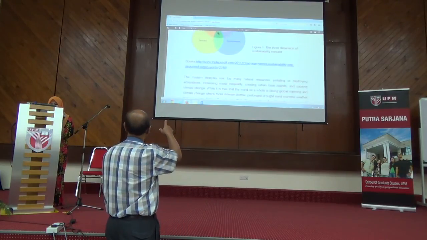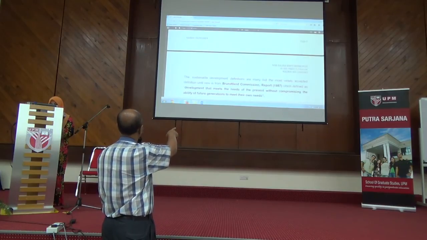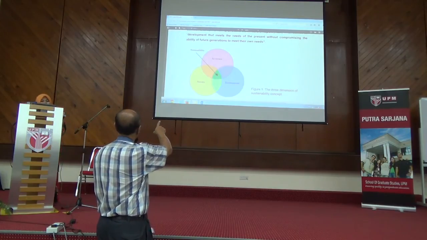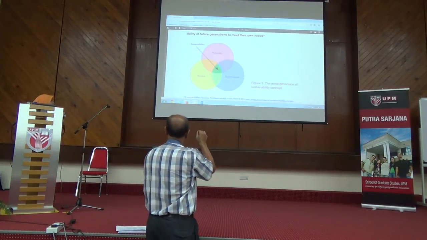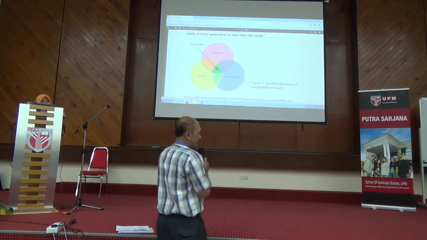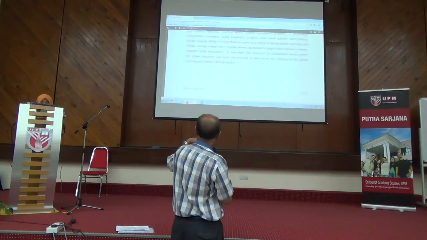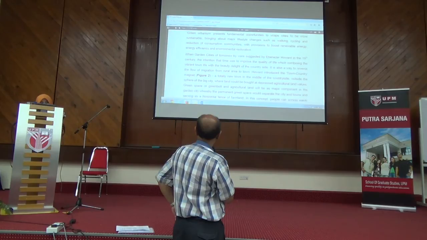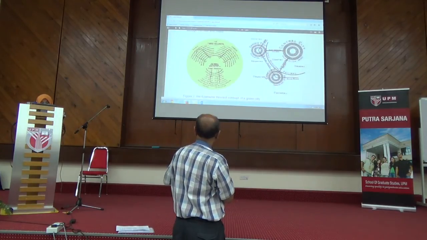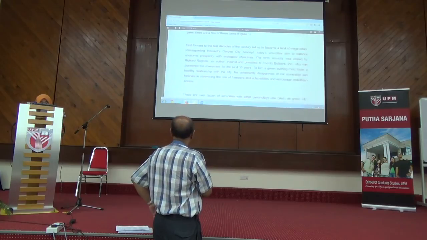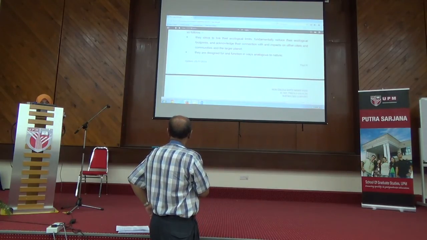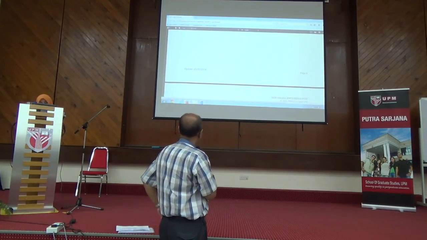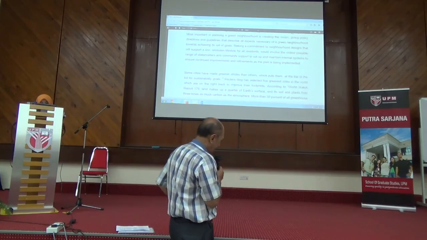Look at the green, three dimension of green concept. Sustainability concept. Economy, society, environment. Sustainability in the middle. So this is beautifully written, right? And then the schedule of work, green cities, all this. Method. So, but basically this is